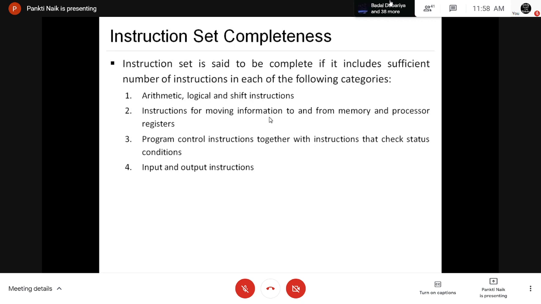bus system, right? And output of all the register, input and output of all the register are connected with the common bus system, and which register output is accepted by the common bus system, that value depends on the selection input S2, S1 and S0. Right? Then we will see the computer types of computer instruction.